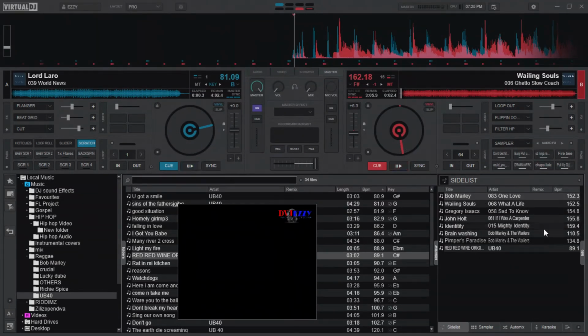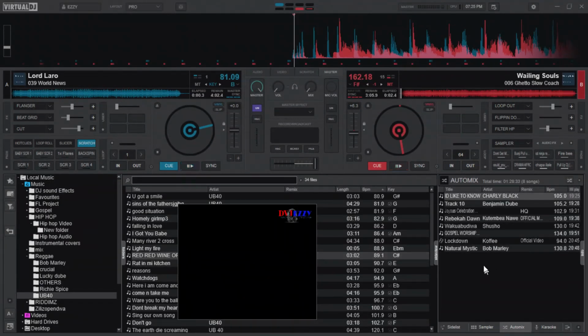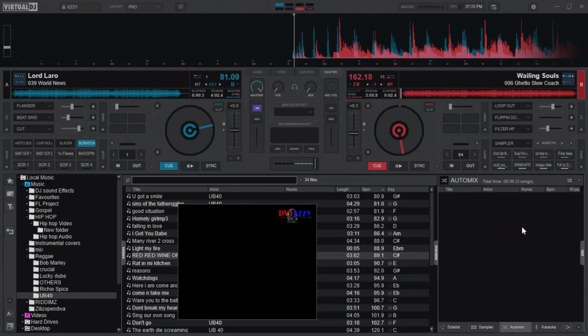You can use this list or this other one, which is called the automix. The good thing with the automix is that if contents are here, you can just press on automix. It will automatically try to mix the songs, whatever genre they are in. It will intermix them, and while you're playing, you'll kind of think that someone is behind it, but it's the AI behind Virtual DJ doing it. It's not that perfect, but it's something. It's better than a video player.